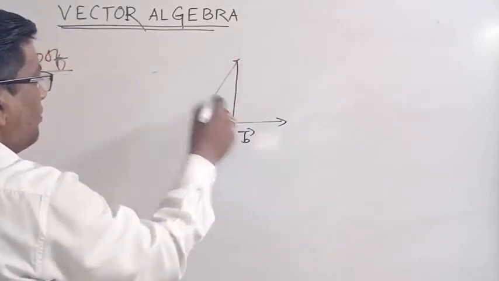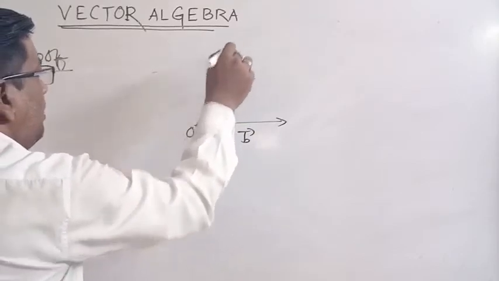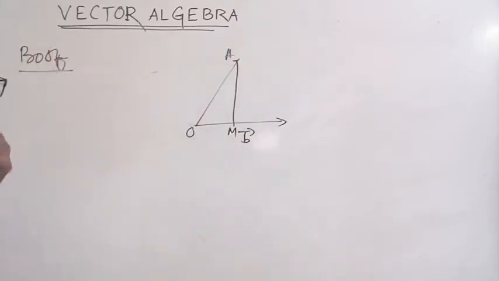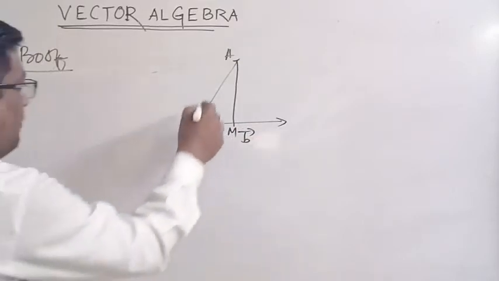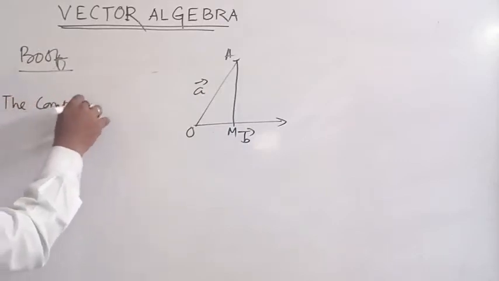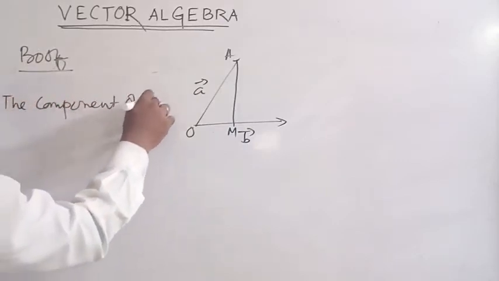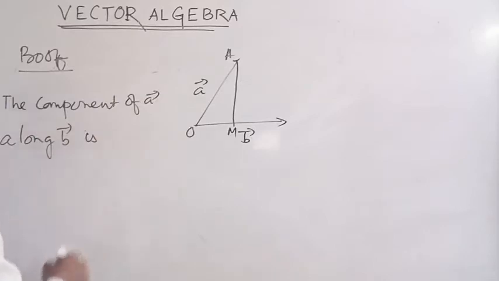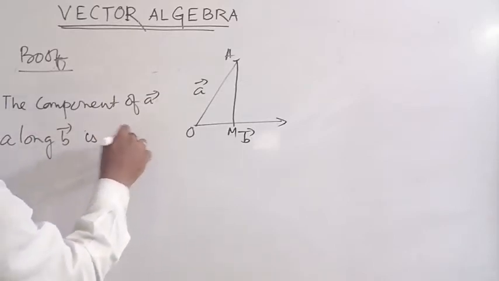Draw a perpendicular from A, and this is M. Clear? So this is A vector. Now the component of vector A along B is what? The OM distance,